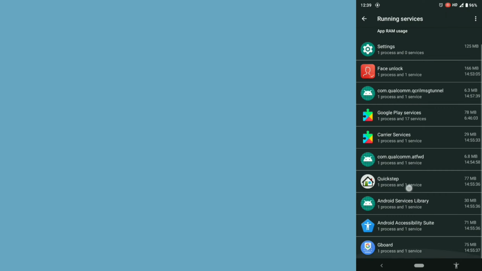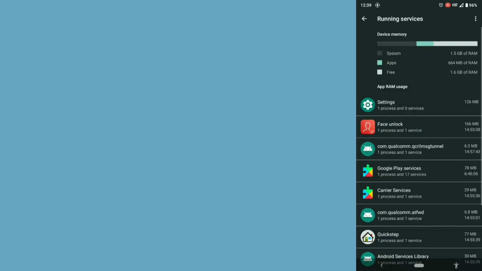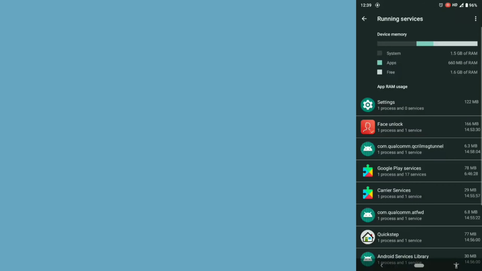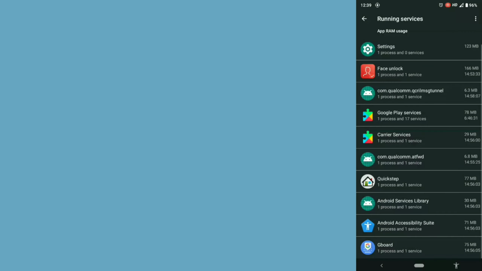So basically you have to switch on apps one by one and come here and see which apps are using more RAM. If any app is using RAM in GBs, then you have to uninstall that app, because that app is the main reason your mobile phone hangs. In my mobile phone, as you can see, all apps are using around 100, 122, 73, 78, like this.